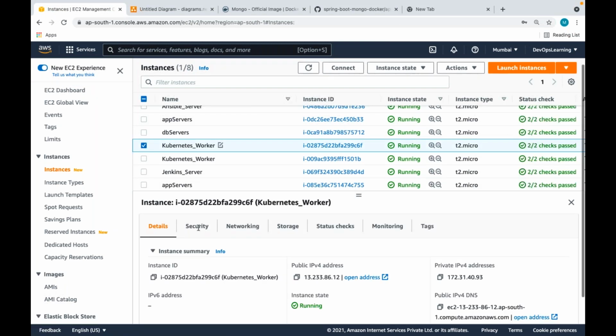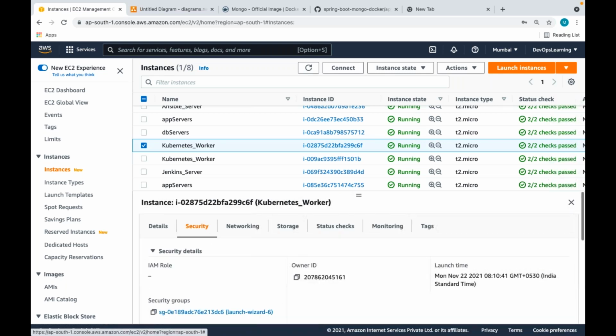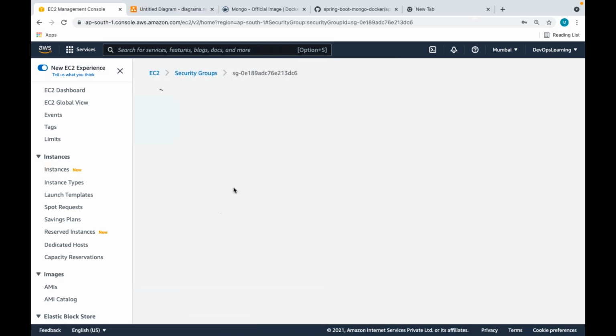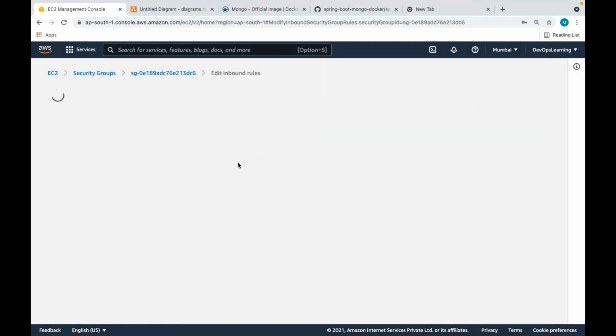So in any server, any host, let me open that port.